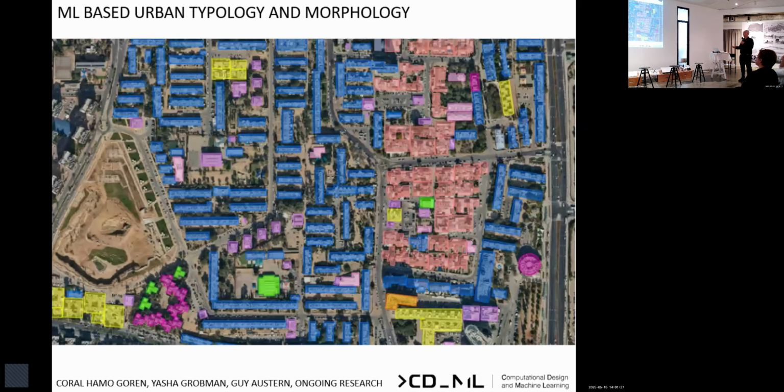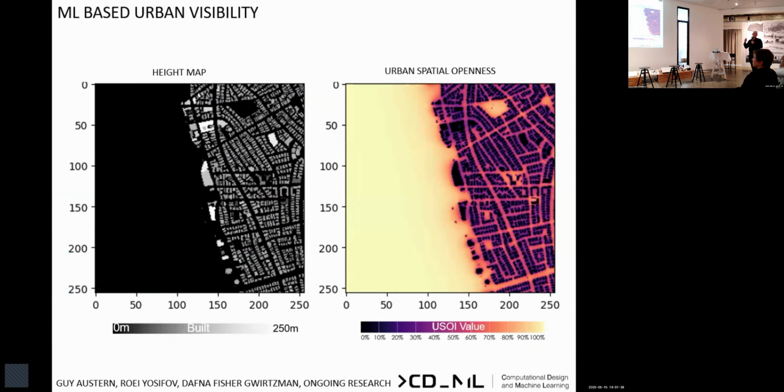We see 2 examples of that in Corral's work, with Professor Roman, and in the work of Yosifov and Daphne Fischer-Wirtzman, which you'll see. So I will not talk about them, but they address this speed.